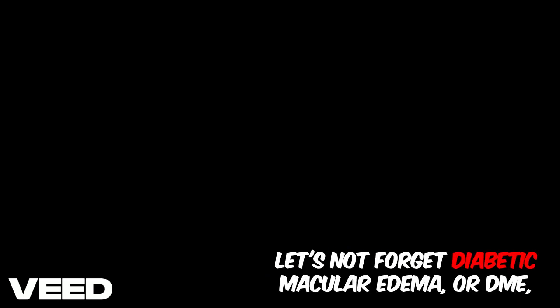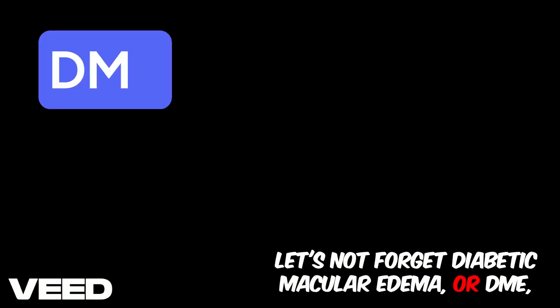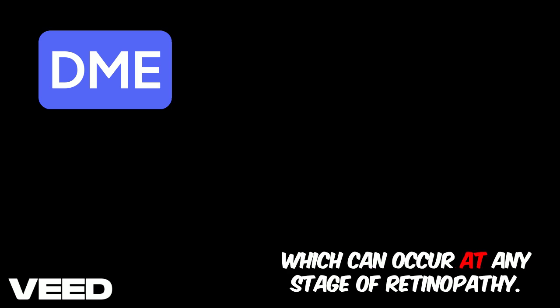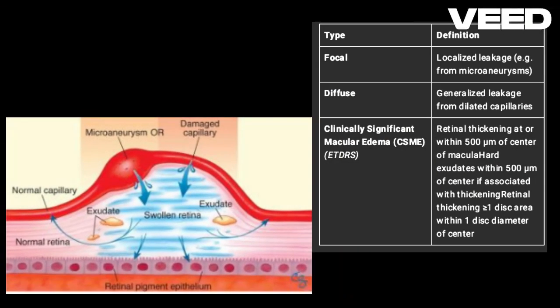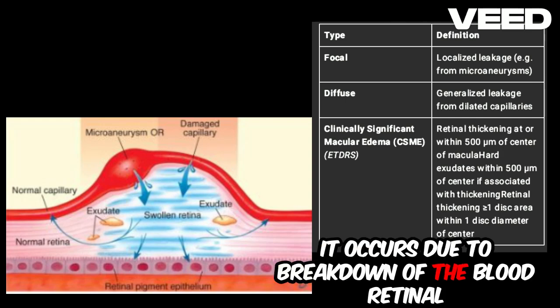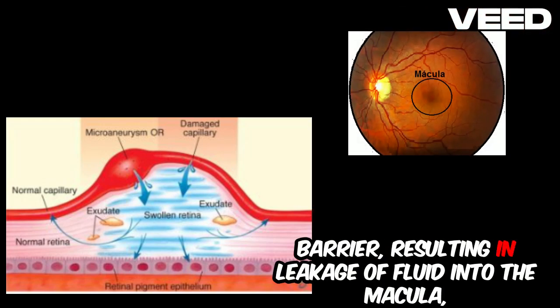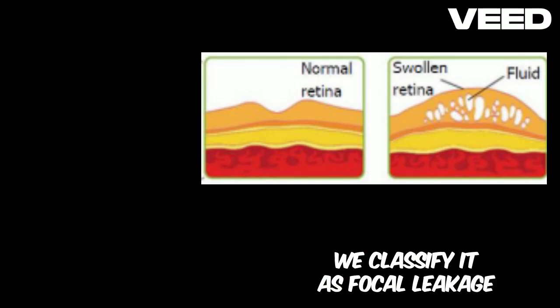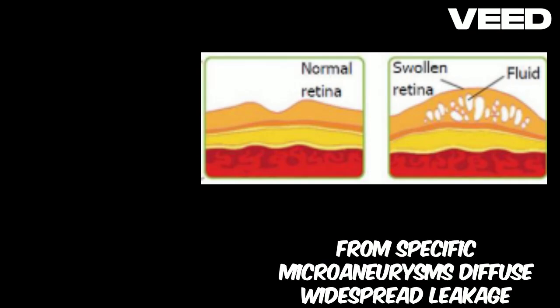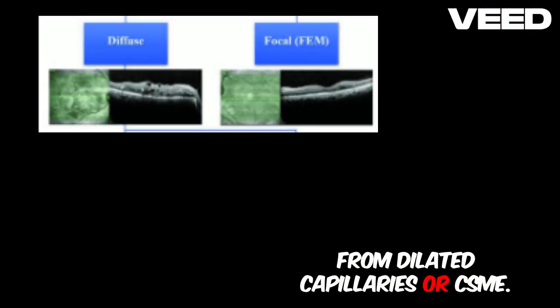Let's not forget diabetic macular edema, or DME, which can occur at any stage of retinopathy. DME is the leading cause of visual impairment in diabetic patients. It occurs due to breakdown of the blood-retinal barrier, resulting in leakage of fluid into the macula, the area responsible for sharp central vision. We classify it as focal, leakage from specific microaneurysms, diffuse, widespread leakage from dilated capillaries, or